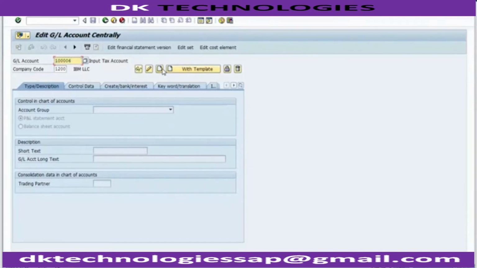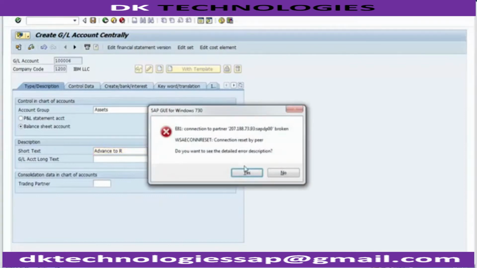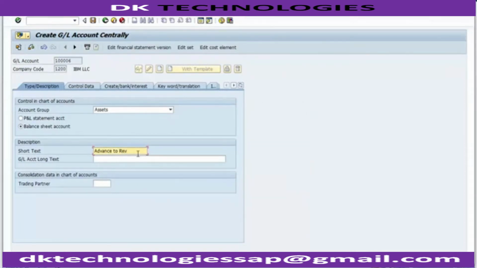So moving next to 6, you can go to this new option over here, and this is a part of asset account because we are opening advance for revenue, which is a part of the balance sheet under the head assets. The short text is advance to revenue vendor. The space is limited in this. Now you can write the full description over here, advance to revenue